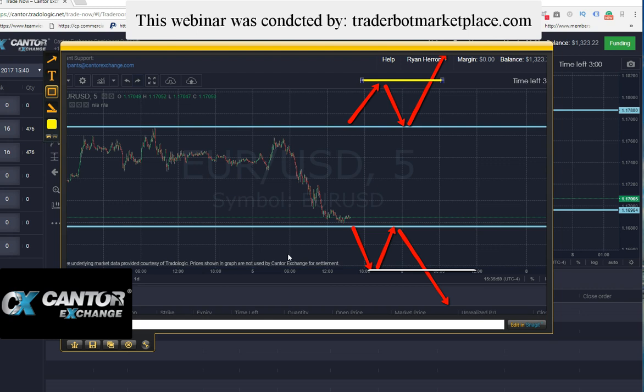Now, the bad thing about this is, how do I put this nicely? I work a lot with probabilities. Using support or resistance,